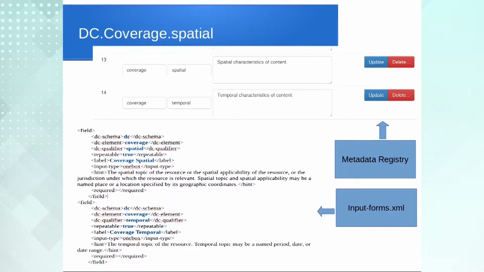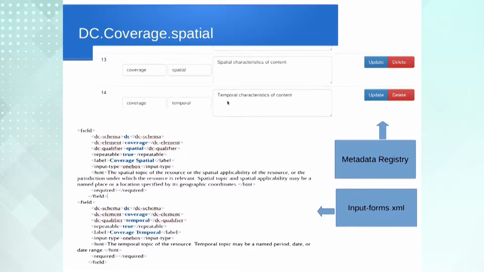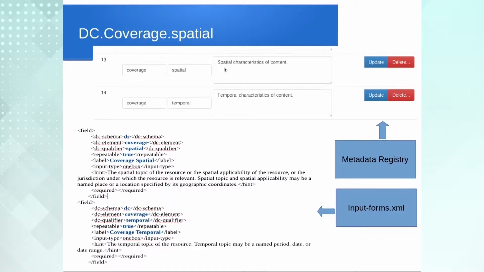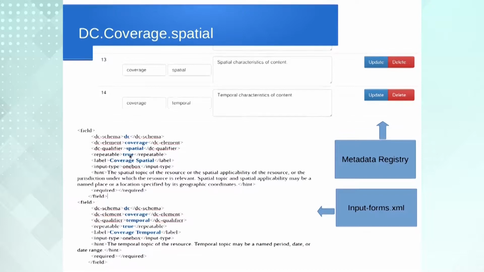In case of Dublin Core, as I said, Dublin Core provides DC dot coverage, and DC dot coverage can be DC coverage dot spatial and coverage dot temporal. Temporal deals with temporal characteristics of content, and coverage dot spatial deals with different kinds of spatial characteristics of content. So here you can see how we are encoding a particular place name. Here DC element is coverage, refinement is spatial, it's repeatable, any number of places you can enter. Similarly 034 tag is also repeatable in MARC 21.